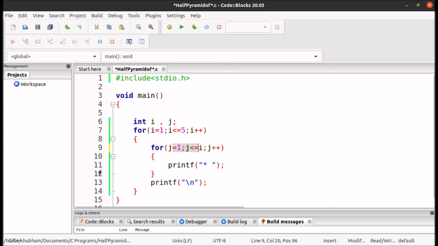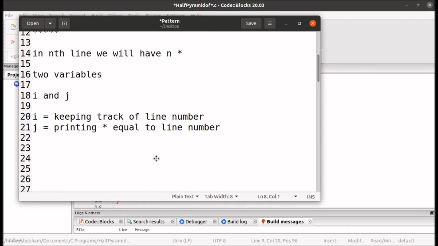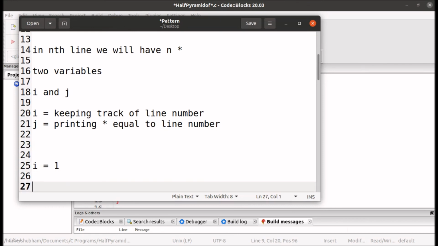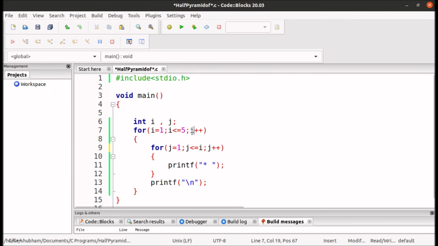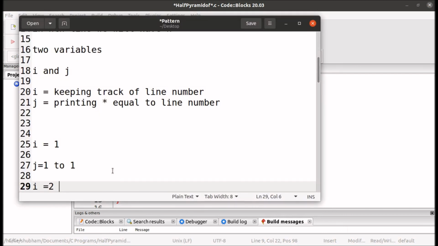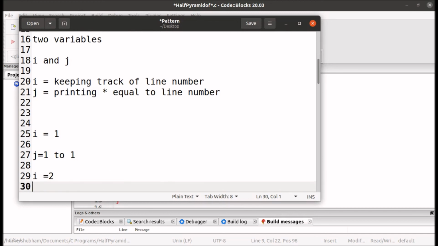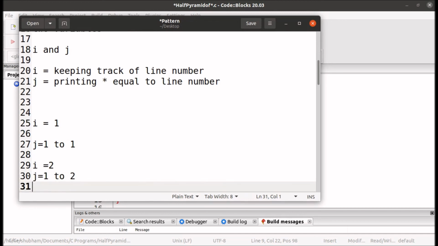Let's understand this in our text editor. First i is equal to 1, then j equals 1 to 1 because the value of i is 1. Then i will become 2, so j will run from 1 up to j less than equals 2. So i is 2 and j equals 1 to 2, it will run 2 times.